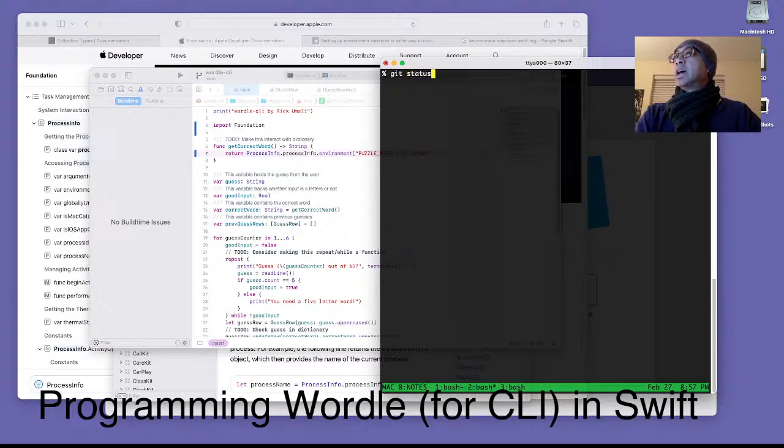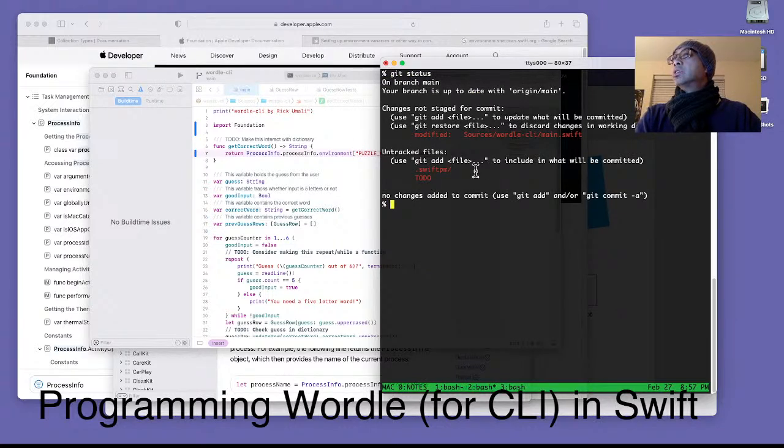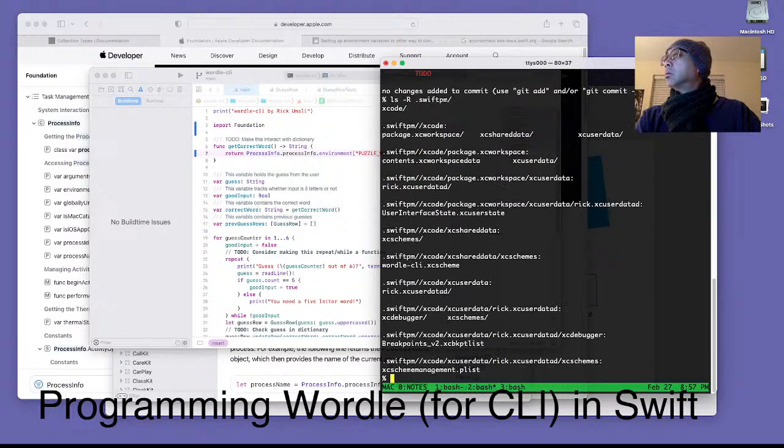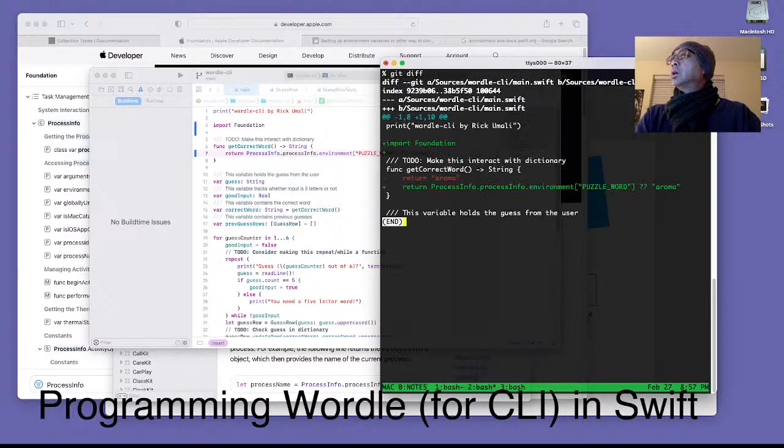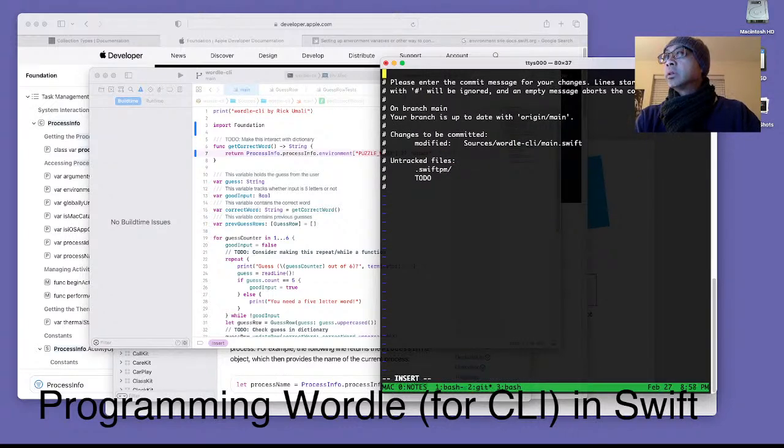If I do a git status, the only thing that's changed is this. Don't know what that is. Swift.pm. Yeah, I don't know what that is. But I will do a diff of this, and I see. Okay. So we're gonna add this into our code base. Adds ability for